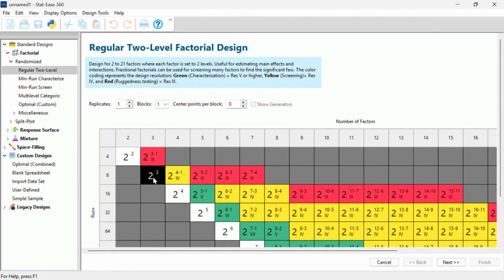I would try to get to at least a 3-factor design. You can do 2 factors, but if you do that, I would replicate it to do a total of 8 runs, and then you might as well throw a third factor in. Now, this design does not have center points in it.